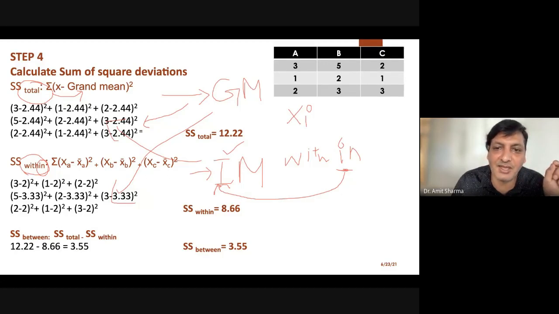So each value is reduced by the individual mean I, and GM I start with good morning, something like that. You can use these two techniques to remember. And here you don't have to do the plus, here you have to do the minus, and minus, obviously you are going to reduce from the total.